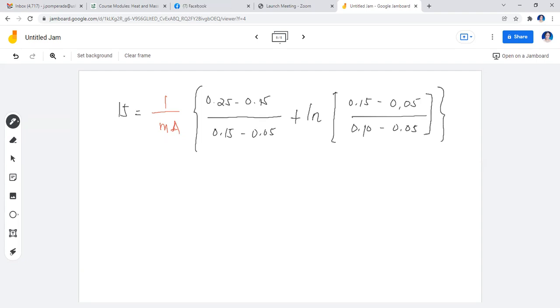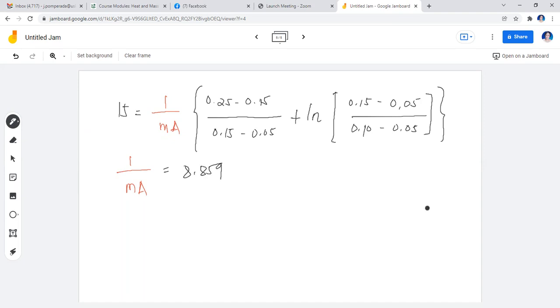So from in here, we'll get the value of 1 over MA. Your 1 over MA is equal to, if you substitute everything and simplify, I will just leave that to you. Your 1 over MA is